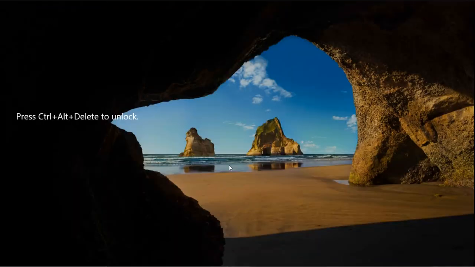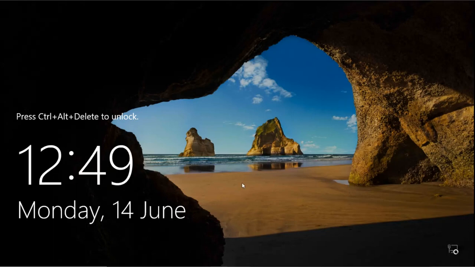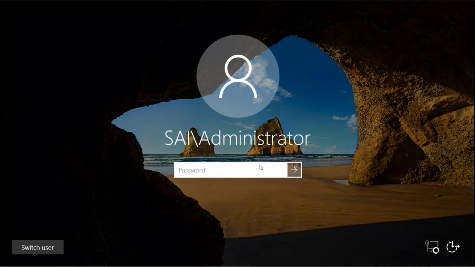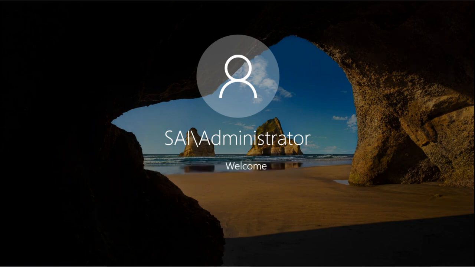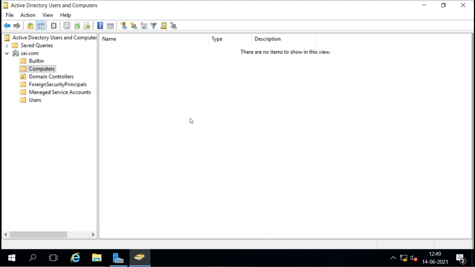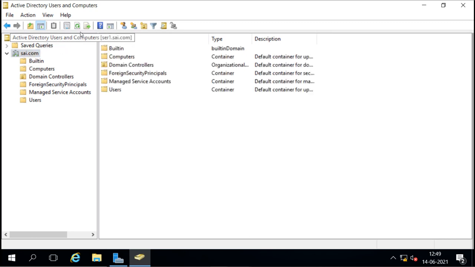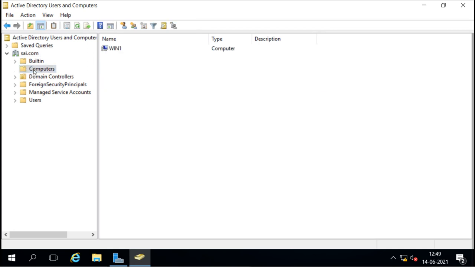So let's see in the domain controller here. Okay, it is locked. And here under the Active Directory Users and Computers services, I will refresh the domain name. I will select it and refresh it from here. Now when I look under the Computers container here, I can see that machine account.